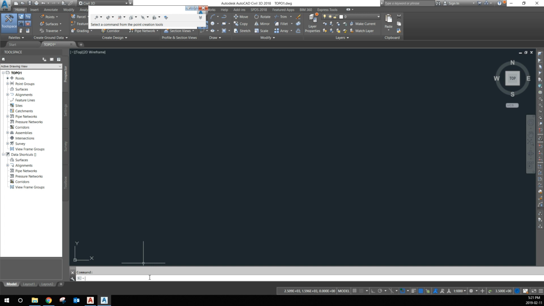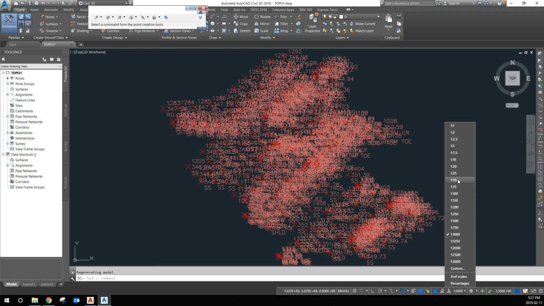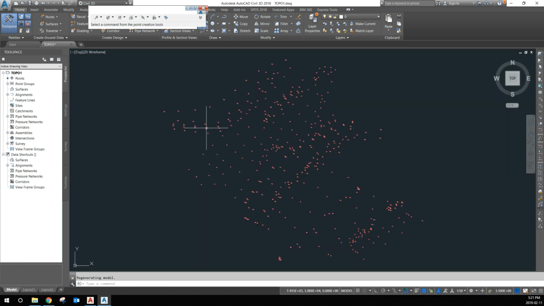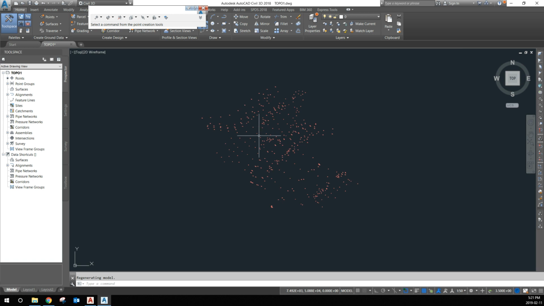So usually I'll type in Z and E for zoom extents. I'll change my scale down here just to make these smaller so I can see them, so they're easier to work with. Okay, so now we have a bunch of points and we have to get to work